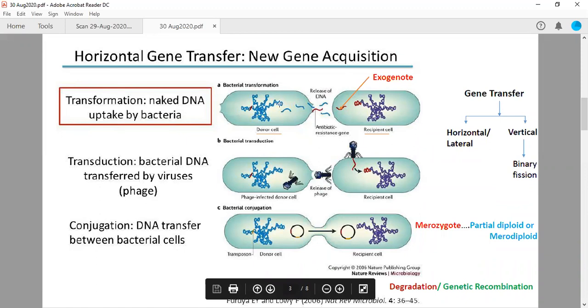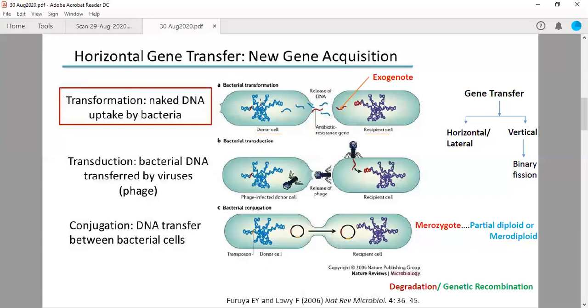In transformation, when a bacterial cell dies and releases DNA into the surrounding environment, the DNA will be fragmented. These fragments can be taken up by some other bacteria present nearby, and there is a rule: some competence should be there. There are competence factors or proteins which help in binding of these free fragments in the environment to the recipient cell, so that it will take up this fragment. For example, this fragment denoted with red color is then inside.